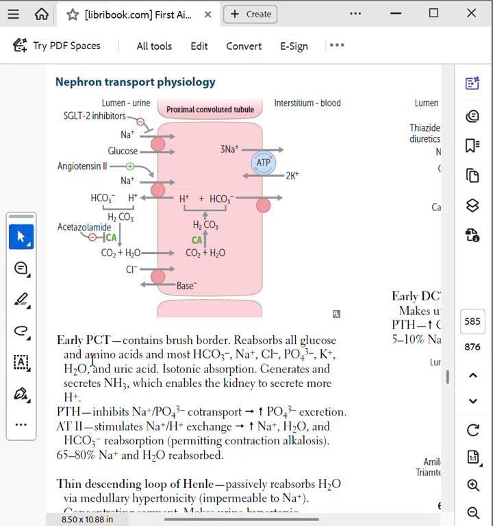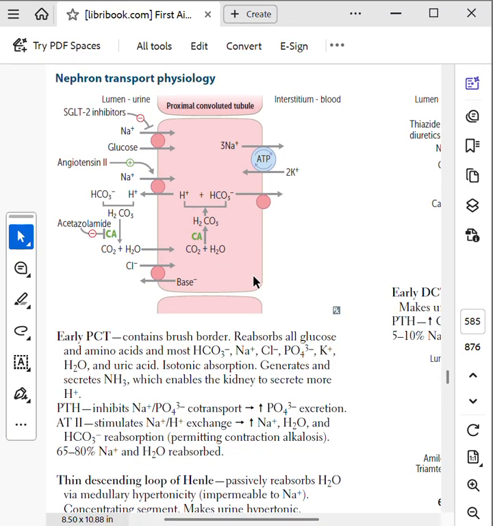Since hydrogen carbonate is lost in the urine, the urine becomes alkaline, and in the body you get a metabolic acidosis state. Okay, now this is all about the proximal convoluted tubule. Now we move on to